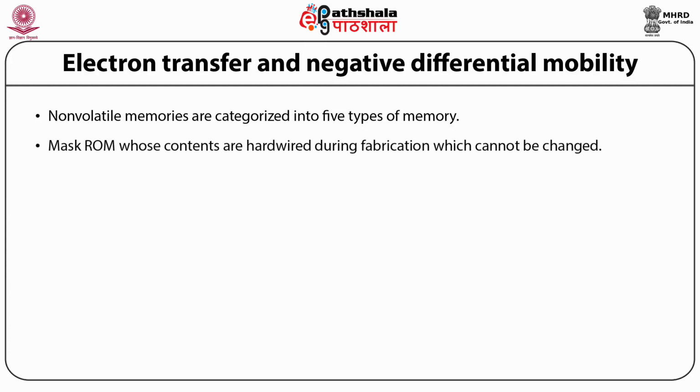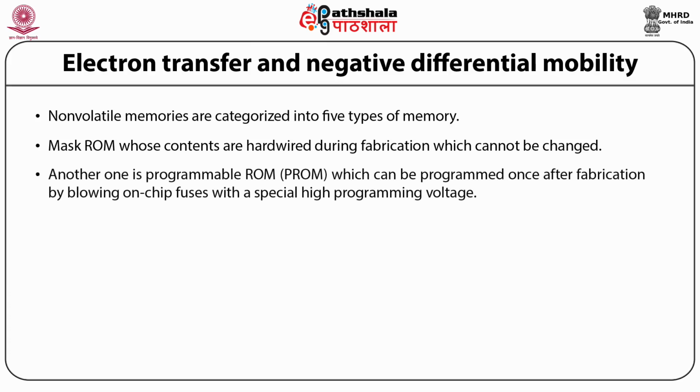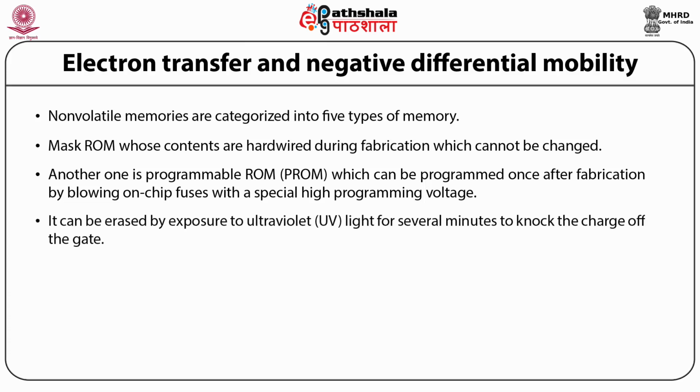Mask ROM, whose contents are hardwired during fabrication, cannot be changed. Another one is programmable ROM, PROM, which can be programmed once after fabrication by blowing on-chip fuses with a special high programming voltage. Next is the erasable PROM, EPROM, which can be programmed by storing charge on a floating gate. It can be erased by exposure to ultraviolet UV light for several minutes to knock the